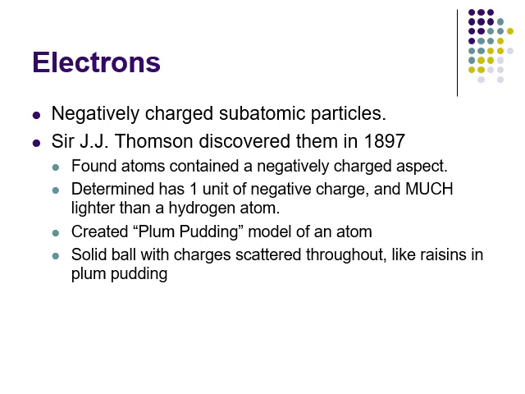This gave us what is called the plum pudding model of the atom. Now, when I first heard this, and I heard this for years, I always wondered what the heck plum pudding was. I was imagining like Jello pudding with plums in it, and that just sounded disgusting. Because I was told like this, it's a solid ball with charges scattered throughout, like raisins in a plum pudding, which then further confused me because I went, what are raisins doing in plum pudding? Why isn't it raisin pudding? And I got confused and frustrated and moved on.